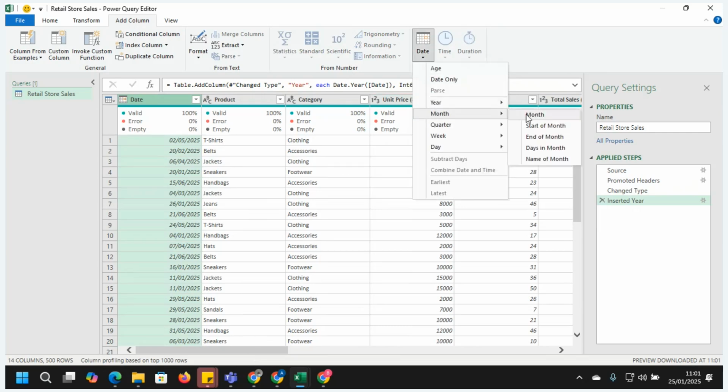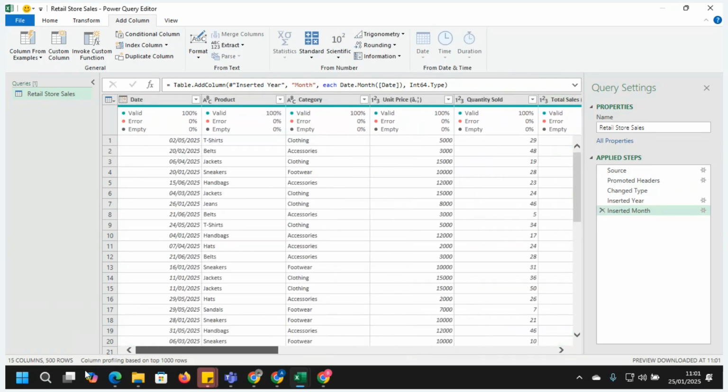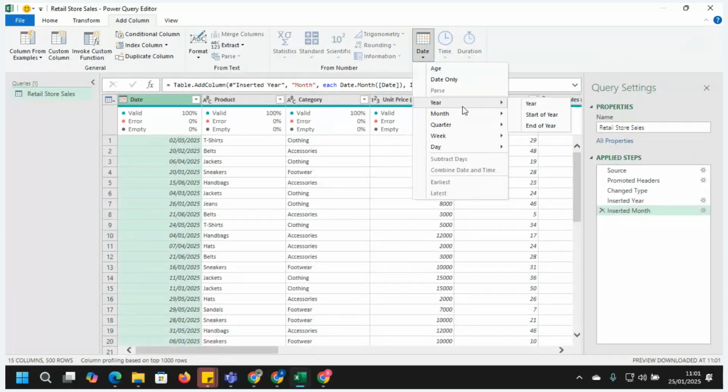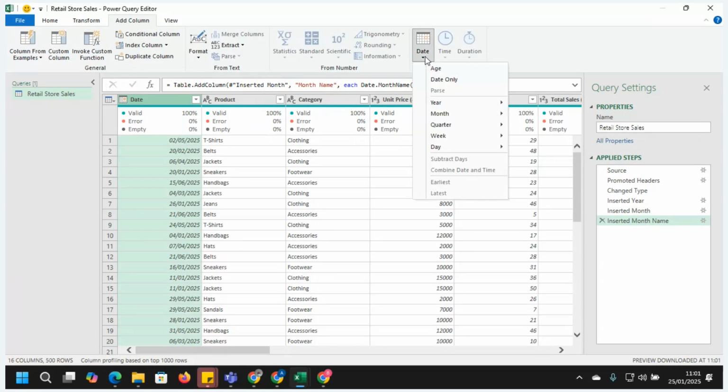I want to get my month, name of the month. Okay, let me first get month number, and I can see each of the months, 5 to that is the month. Then let's go back to the column again, so you can get more insight into your date. You can extract the first day of the month, the end of the month, number of days in the month, and the month name. You can also extract the quarter, first day of every quarter, last day of every quarter, and beginning of the year, beginning of the week, beginning of the day, start of the day, end of the day. You can see a lot of things that you can extract from here.